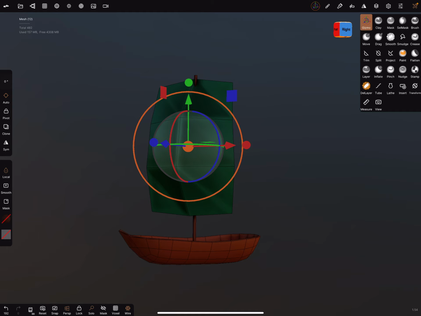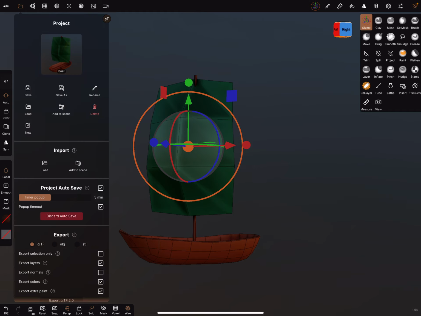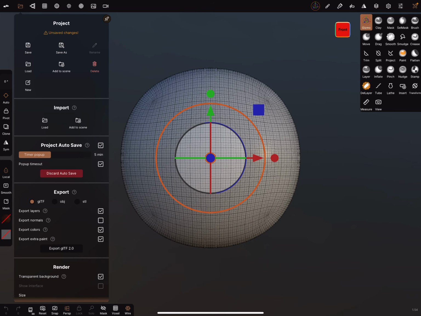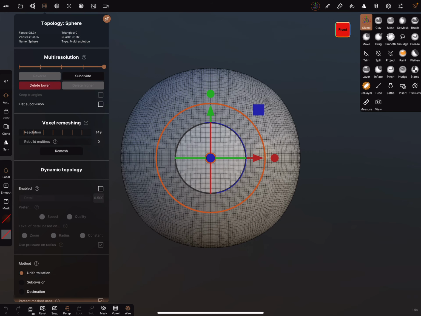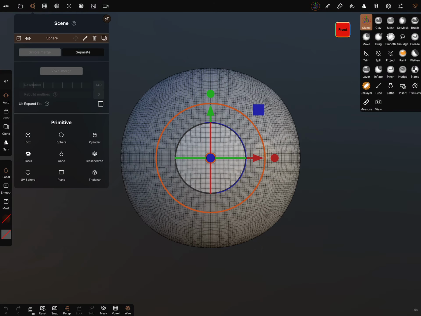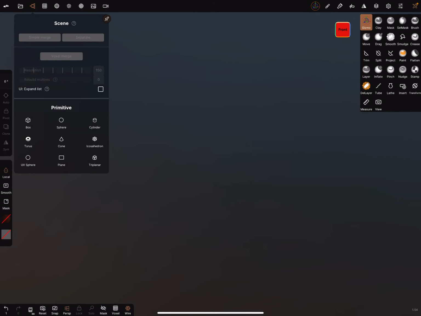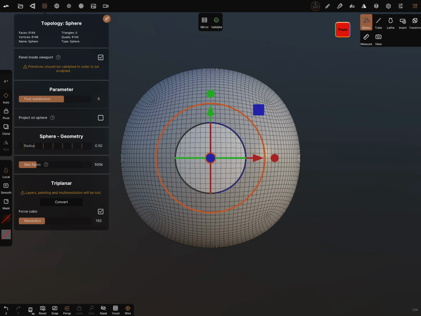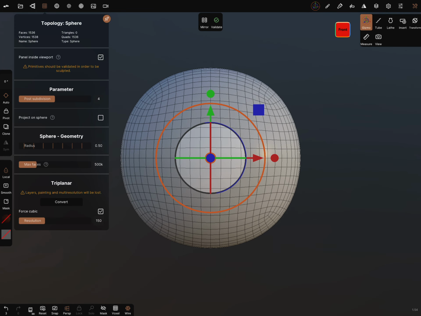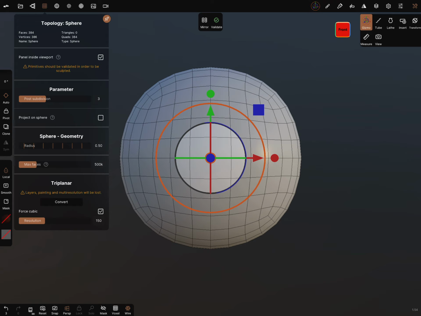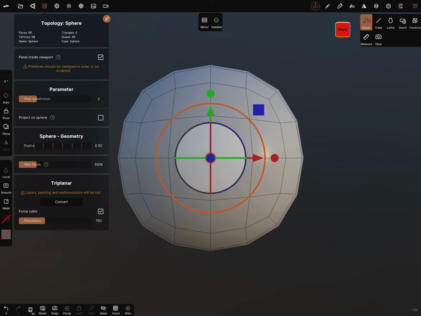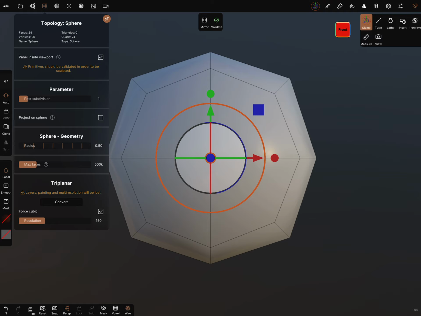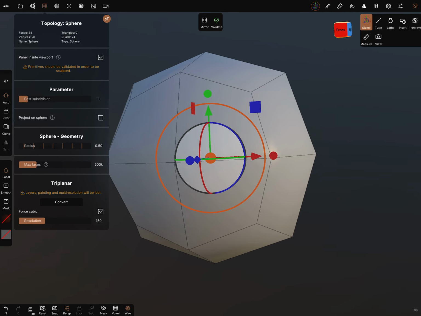Okay, I create a new scene and I start from the beginning. I delete the sphere and we need to start also a sphere, but I reduce the parameter of the post subdivision to bring it to this.